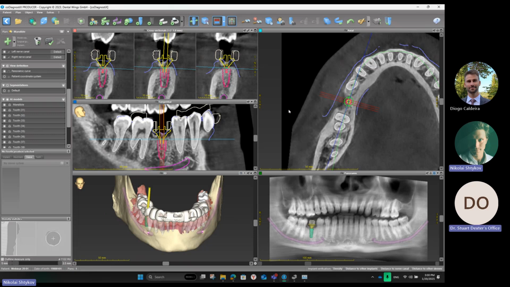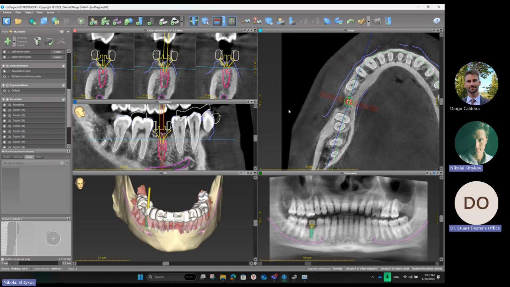If you just know the parameters of your sleeve, it's not difficult. This is not a basic part, but it is not a difficult part. You just need to put the parameters of your sleeve in the software, and after this you can use this sleeve for your implants. And the same is